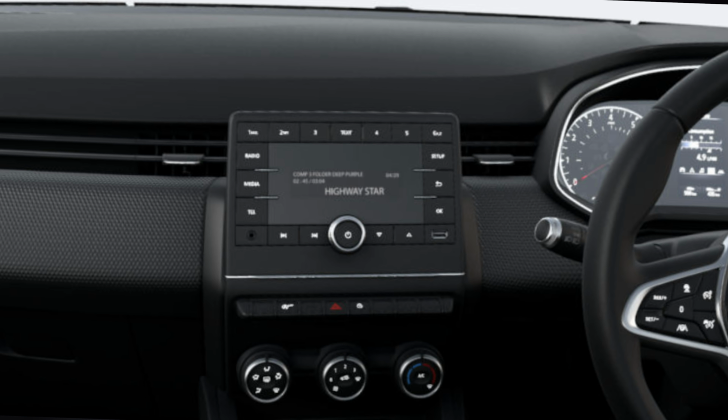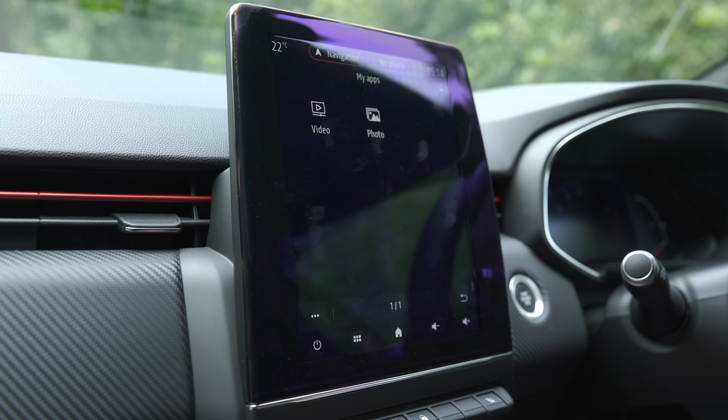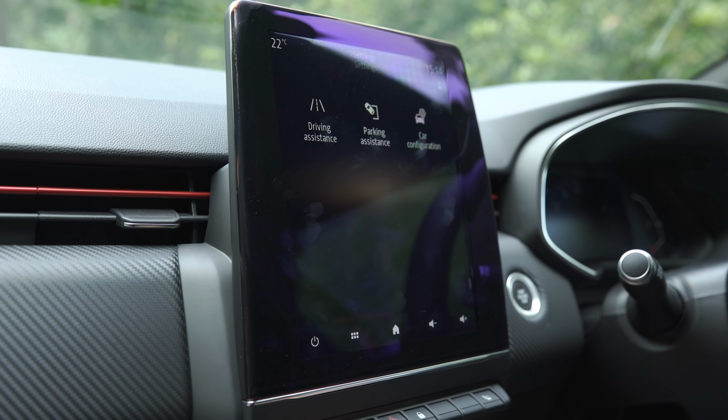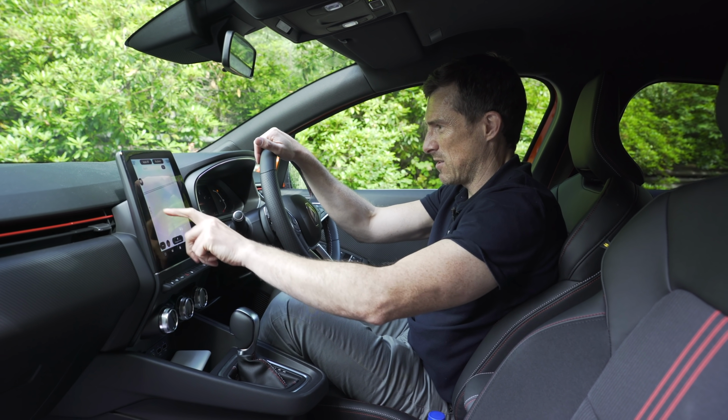The entry-level car system looks like this. That's awful, isn't it? It's not even a touchscreen. This one is though, of course, and it's quite easy to navigate through it. It looks a bit dark, but it's responsive enough. Comes with inbuilt sat-nav, though personally, I wouldn't be using the inbuilt sat-nav, even though it's actually all right to program. I'd just be using the Apple CarPlay or Android Auto and using Google Maps because it's always better no